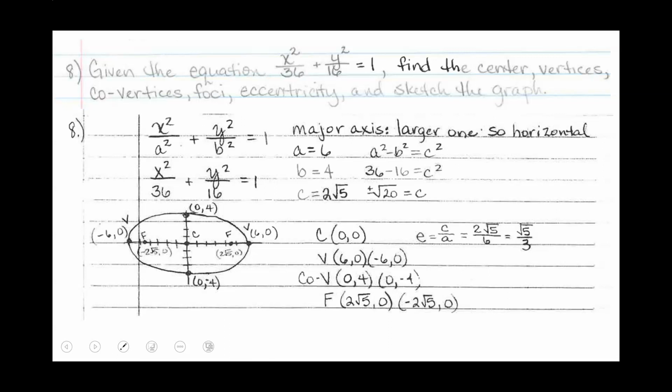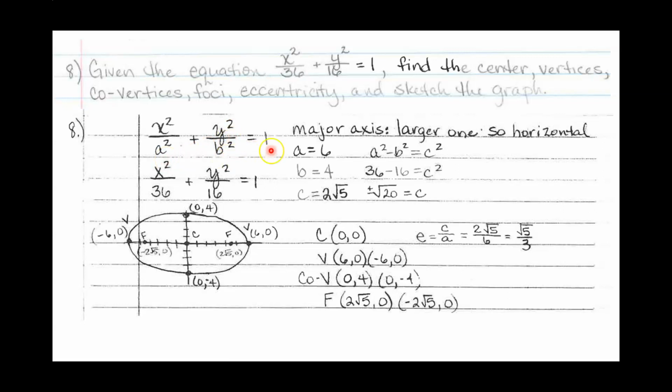All right, for number 8, they gave us the equation and asked us for all of the information. The way that I know with an ellipse which is my major axis is that it is the larger one. So when I look at 36 and 16, because 36 is bigger and 36 is with x, then I know that the major axis is going to be horizontal, right? So I'm going to go grab my equation for major axis horizontal. And that would be (x minus h) squared over a squared plus (y minus k) squared over b squared